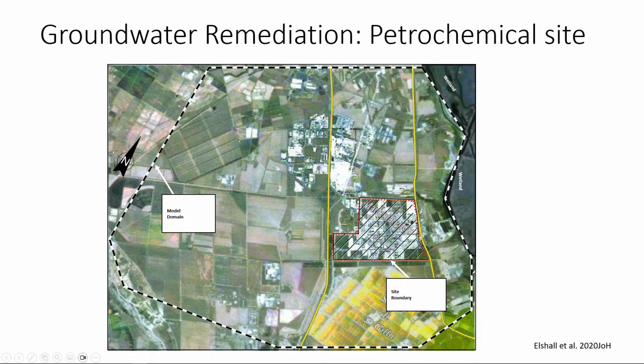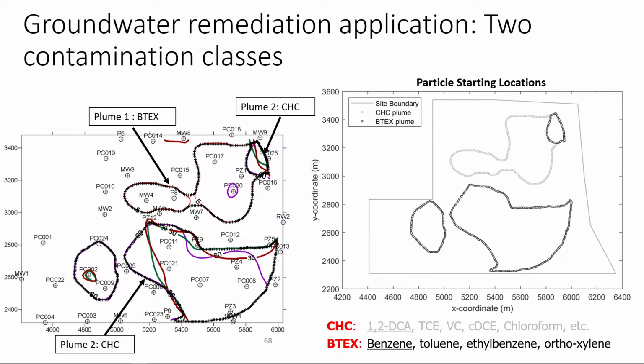We don't want this plume to go and contaminate this neighboring site. And for example, this could be a serious issue because you see a lot of agricultural land here, and if they are using this water for irrigation, that is not going to be good because I will show you how this water is really badly contaminated, as I will show you in the next slide. So as you see here in the next slide,